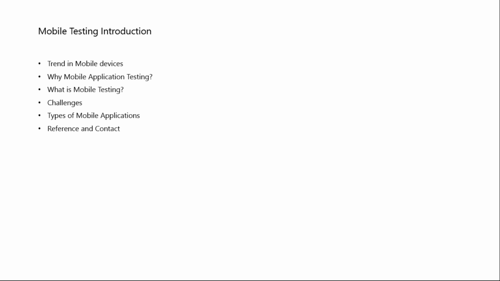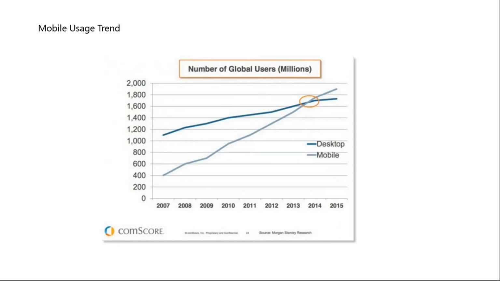Okay, so mobile usage trend. Now this is the statistics which was captured in 2016. If you see the graph, you will understand the number of users that are using smartphones has surpassed the limit of the desktop application. So here you can see it has been highlighted with the circle. By 2014, it has anyway surpassed the use of web application. So what does this statistic tell us? This tells us that now every individual, almost out of 10, 8 individuals do have smartphones and